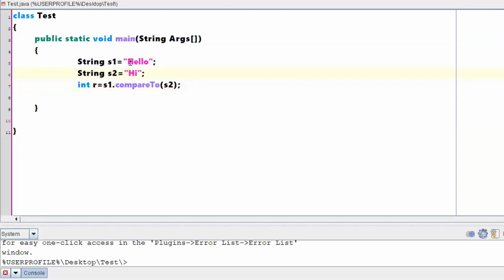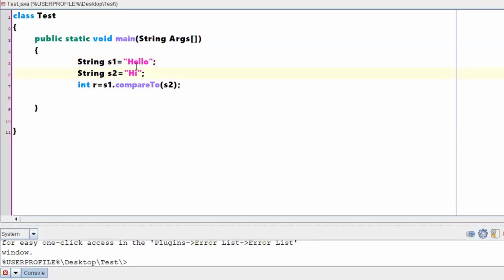It will take whatever is the ASCII value of h, it will compare with the ASCII value of this particular h in s2. Okay, so as you are giving a capital H itself, so ASCII value will be the same for both. So this particular value will return a 0 for you, right? So when the two characters are same, it will go with the next character, right? So what is the next character in s1? E. Now E will be compared with the I, right?